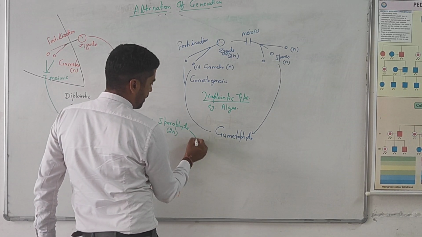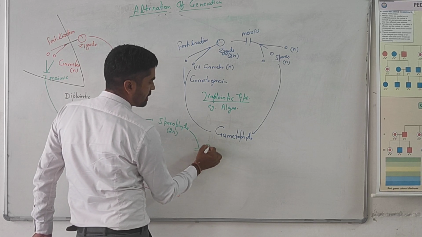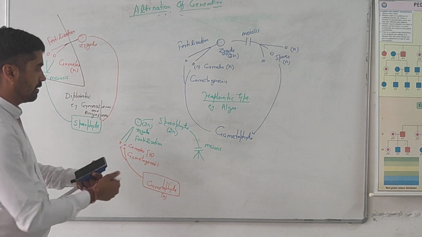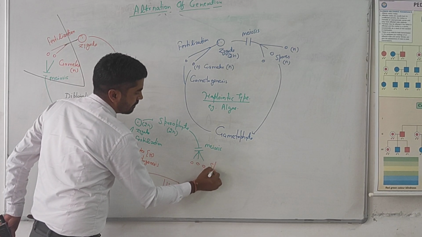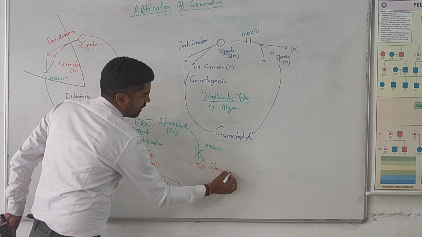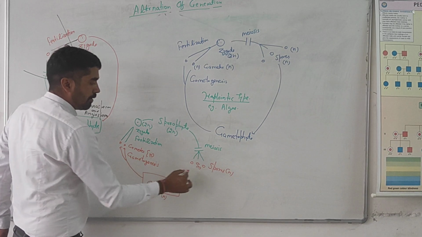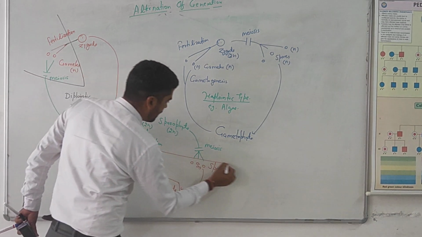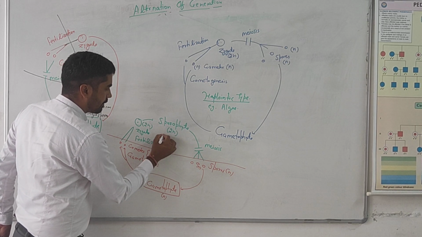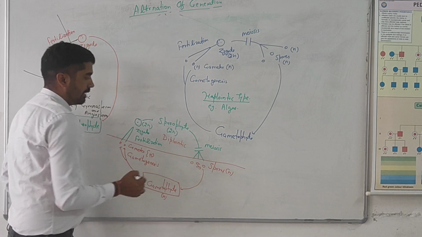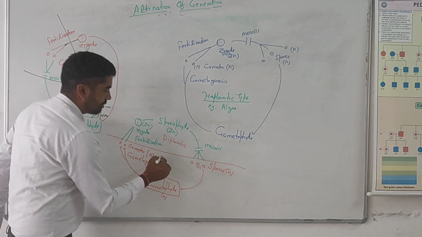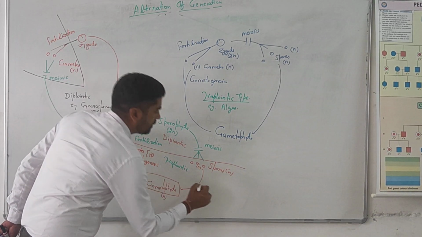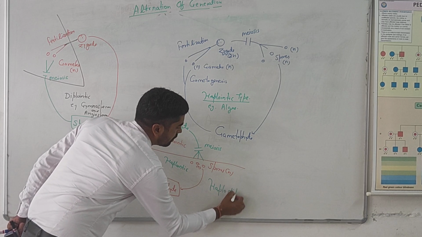Now after some time, this sporophyte will undergo meiosis and it will form a large number of small spores with ploidy N. This spore will again develop into a gametophyte, right? So in this type of life cycle, this upper part will be diplontic and the lower part will be haplontic, and this type of life cycle will be called haplodiplontic